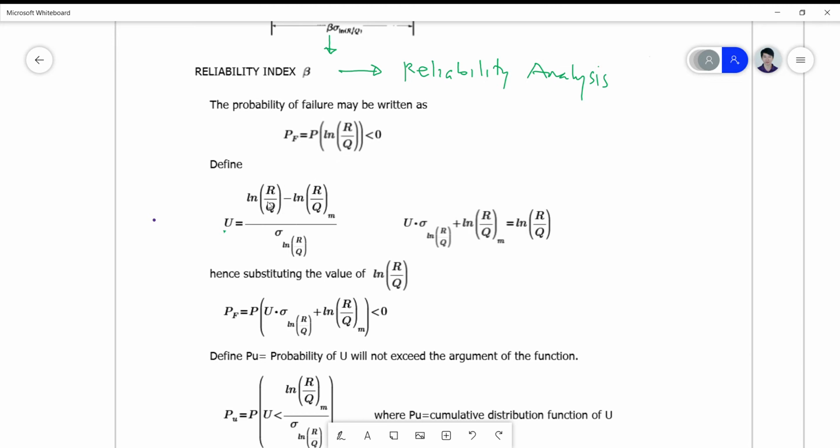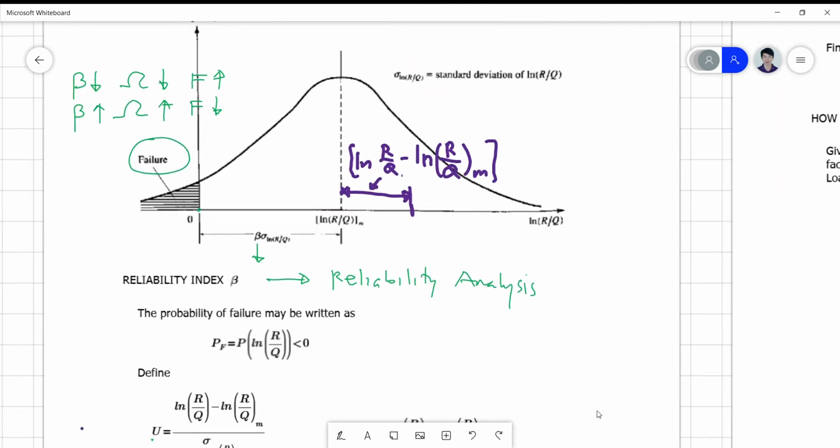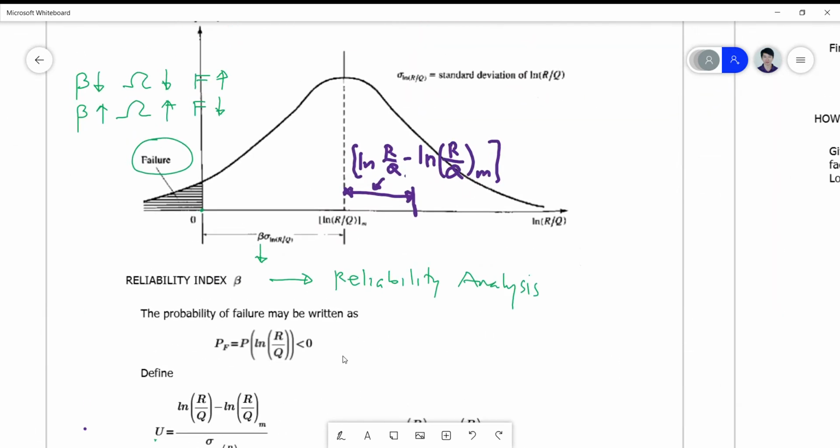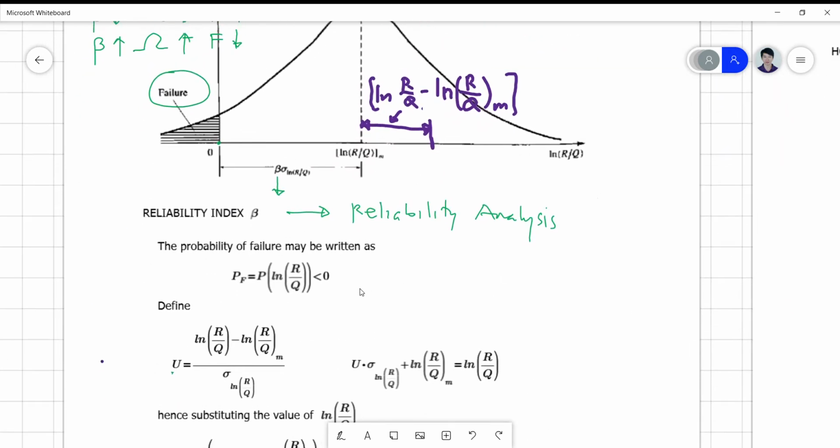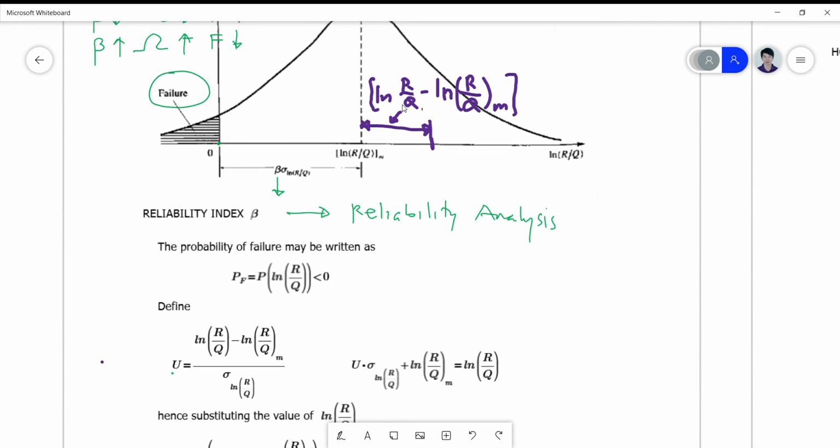If we look into the figure on top, we can say that the logarithm of the ratio R over Q at this point. Okay, so we specify a point somewhere here and subtract it on the mean. Subtract this point and the mean, we now get a value which is the difference of this value with that of the mean value here. Remember that we're just